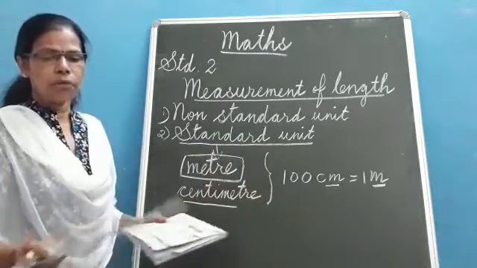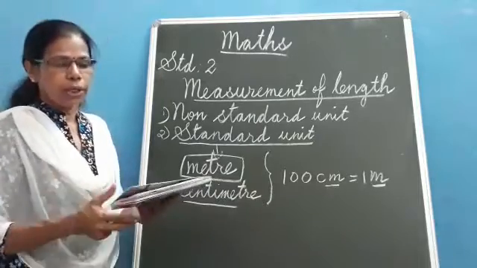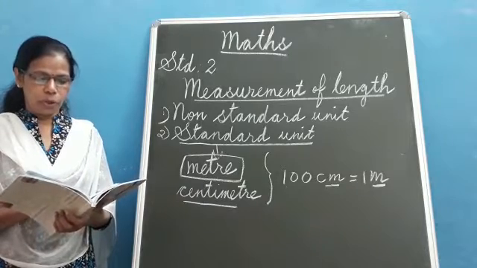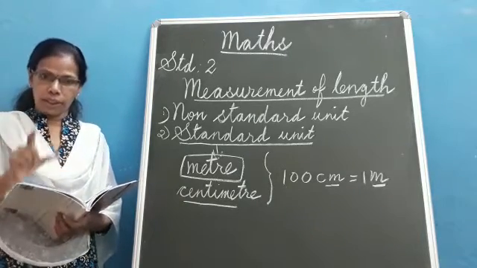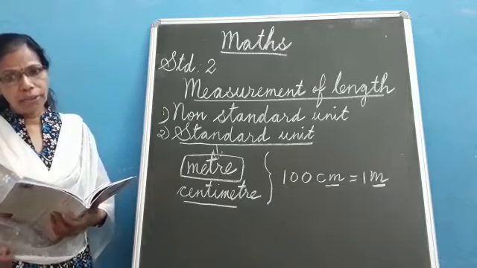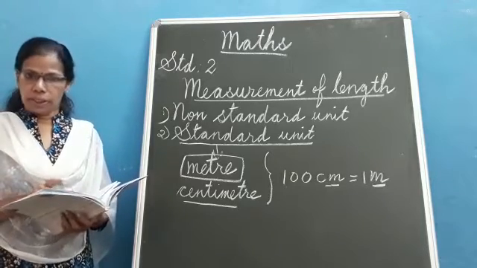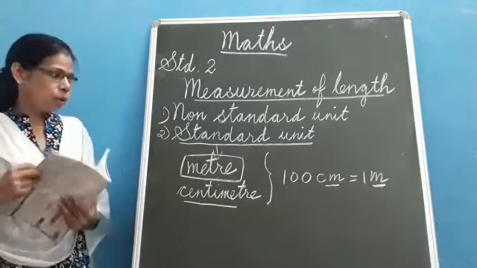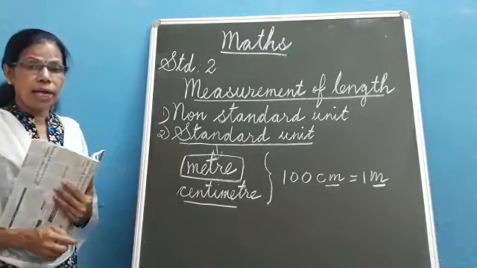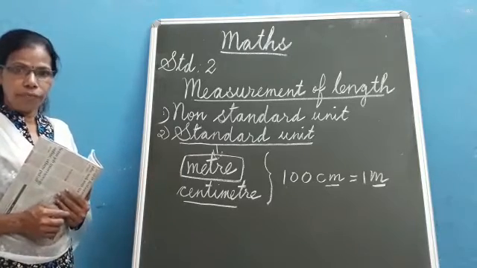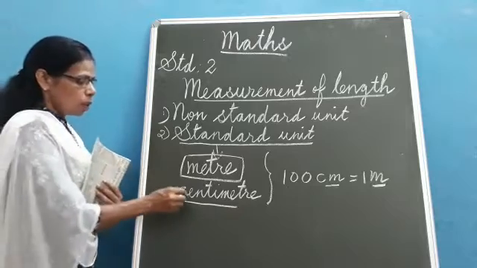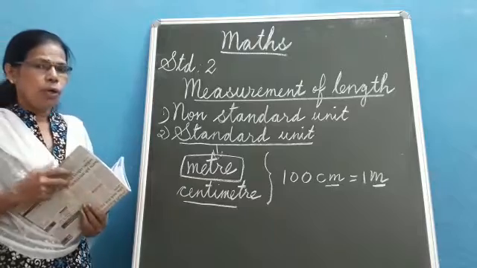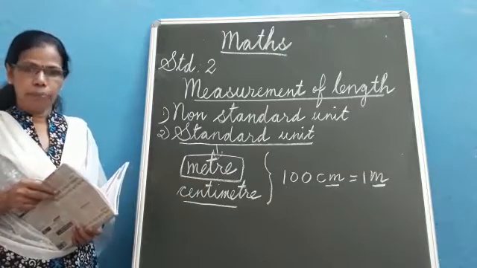You have so many things around you. Try to measure and see the length of these objects. Okay, when you measure with the scale and when your father measures the same thing with the scale, both of you will get the same measurement because meter is the standard unit of measurement of length. And remember, smaller objects we measure with centimeter and longer objects are measured in meter.